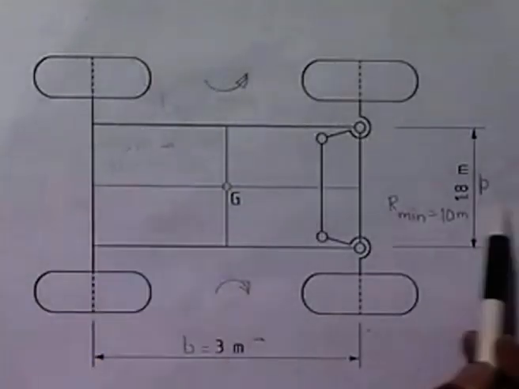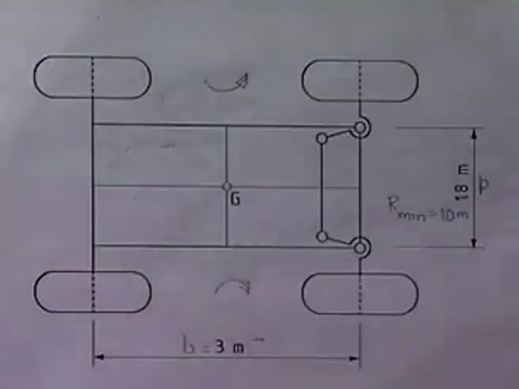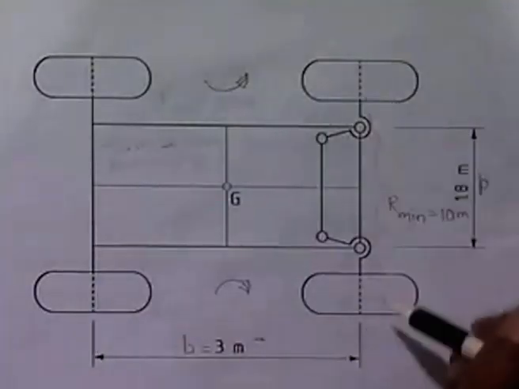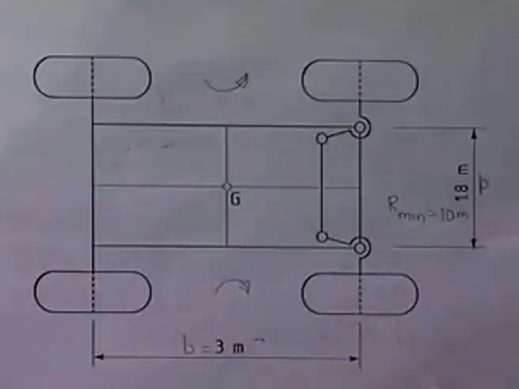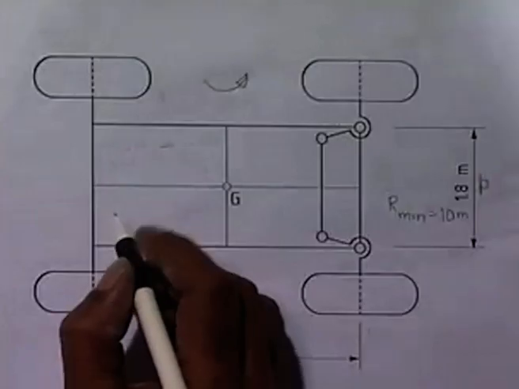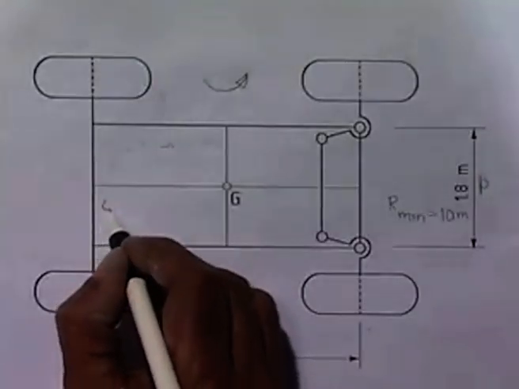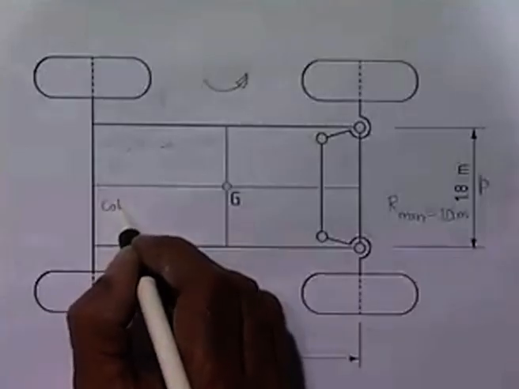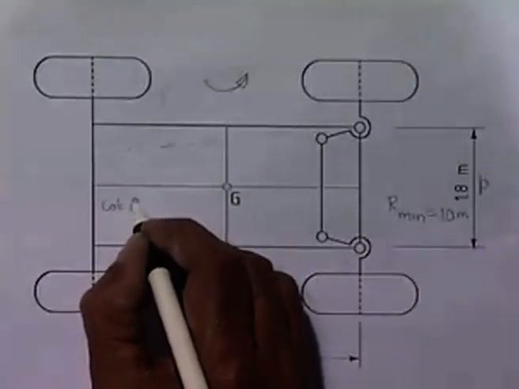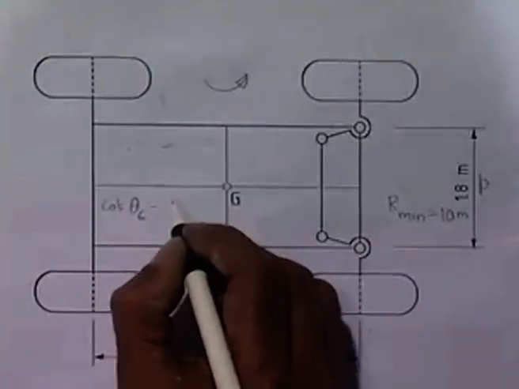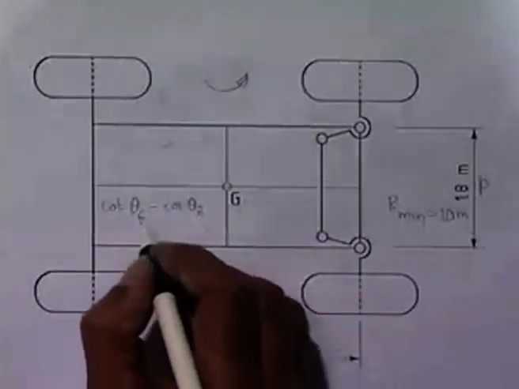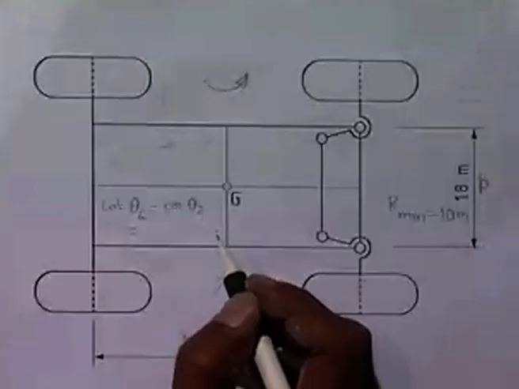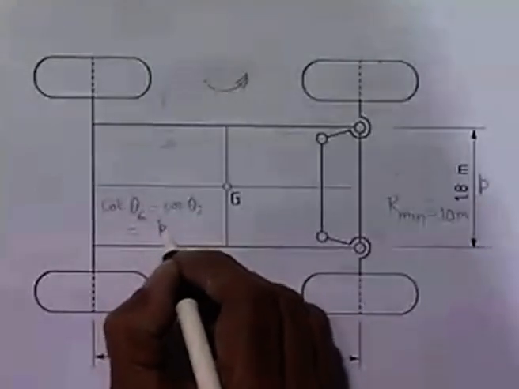When the car goes along a straight path, the point G goes along a straight line, the radius of curvature is infinite. Now, as we noticed, the rotation of these two wheels must be correlated for perfect steering condition given by the following equation. Say, cot of theta 6 minus cot of theta 2 is to be P by B,